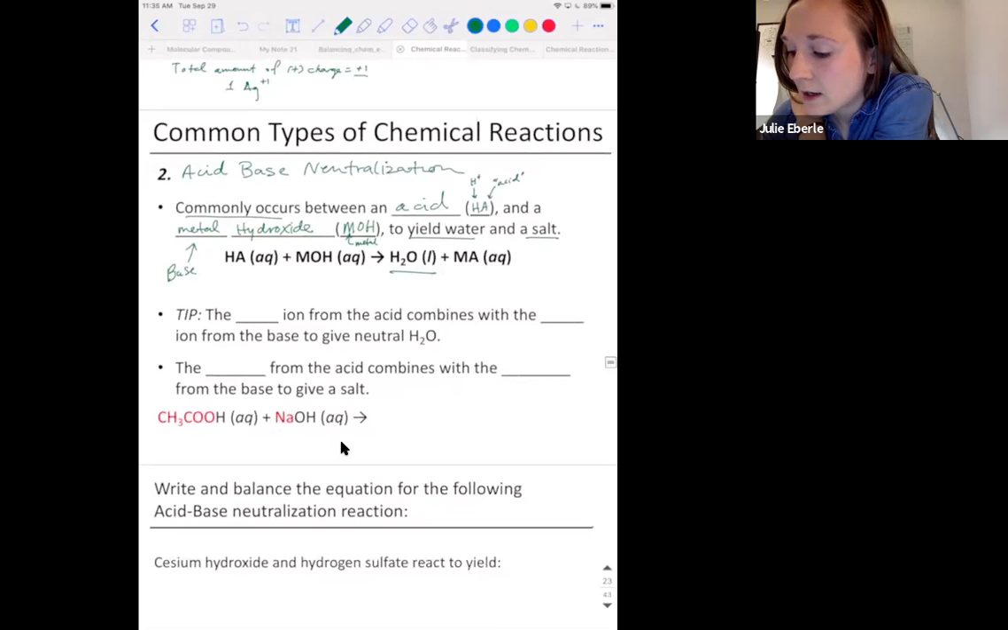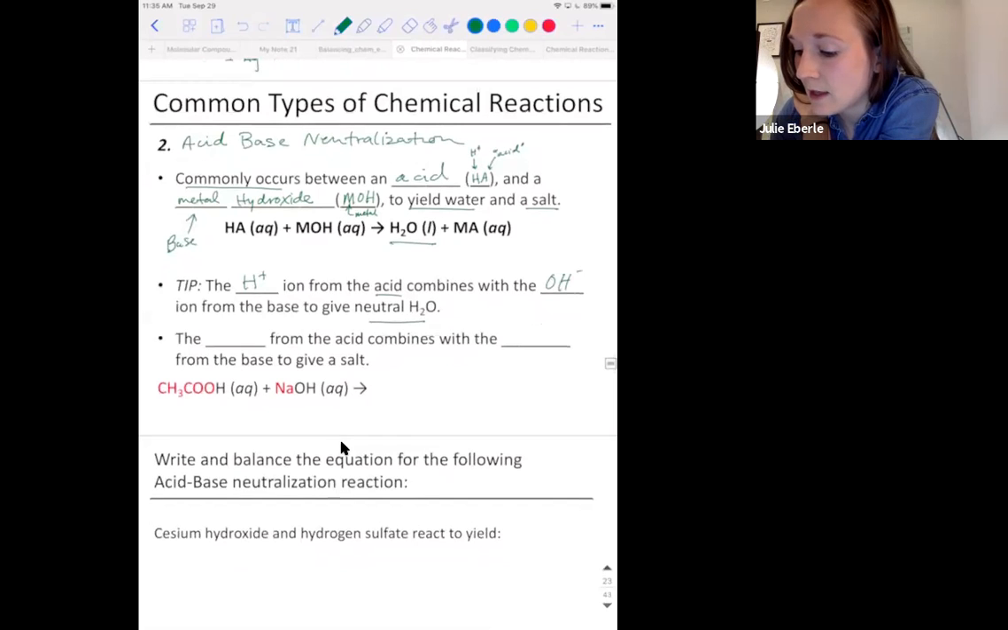All right, now the H+ ion, here's what's happening. The H+ ion from the acid combines with the hydroxide ion, OH minus, from the base, and that's where we get water from, okay? So we have 2 ionic compounds. You take the hydrogen cation and you combine it with the hydroxide anion. You make water. And then the anion,